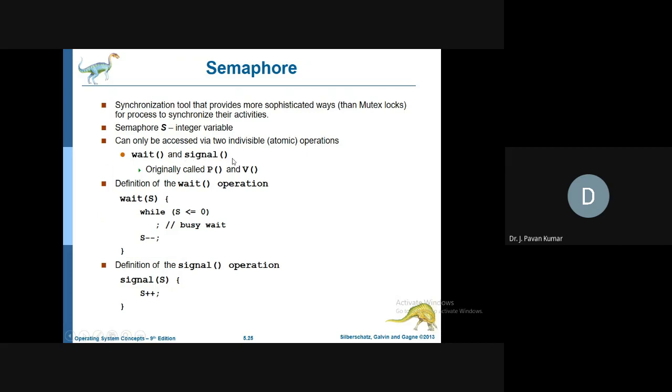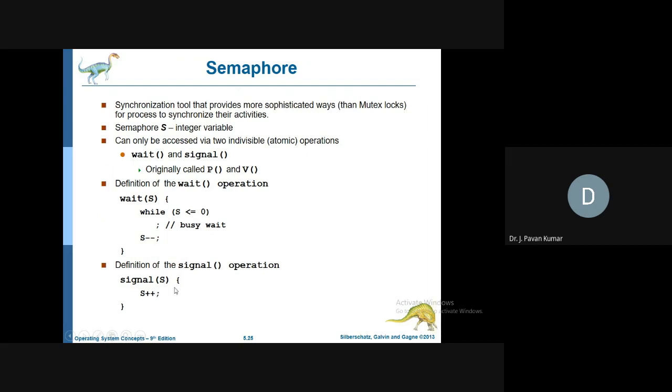Wait checks whether the semaphore value is greater than 0. If it is greater than 0, the process can enter into the critical section, and it will decrement the value and enter. That is the wait operation.